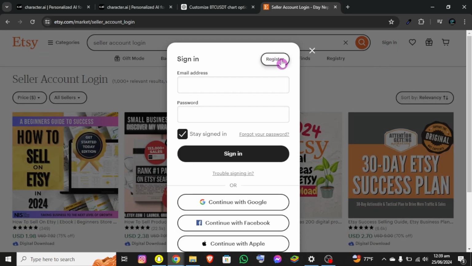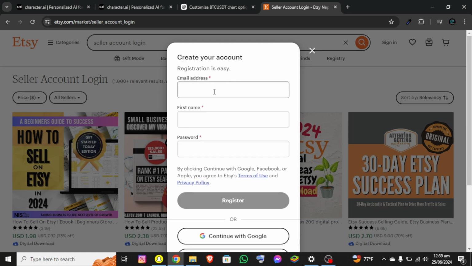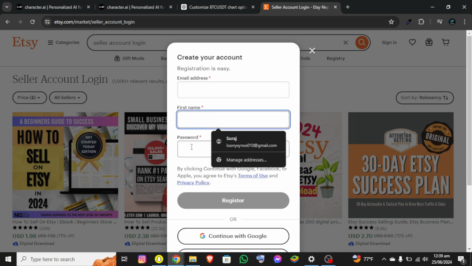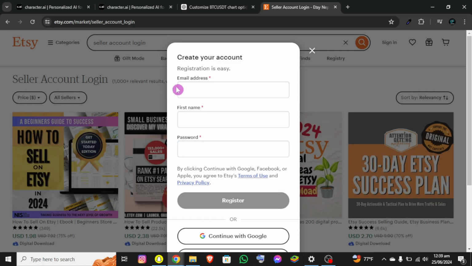corner of this section. So once you click on it, you can see it is asking us for our email address, first name, and our password. So once you complete your credentials, simply click on register and you'll be able to create your ETSY seller account